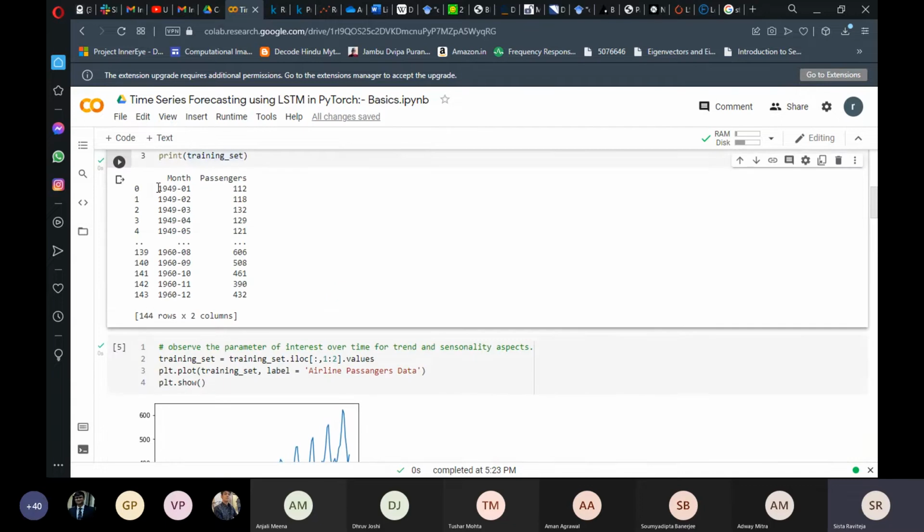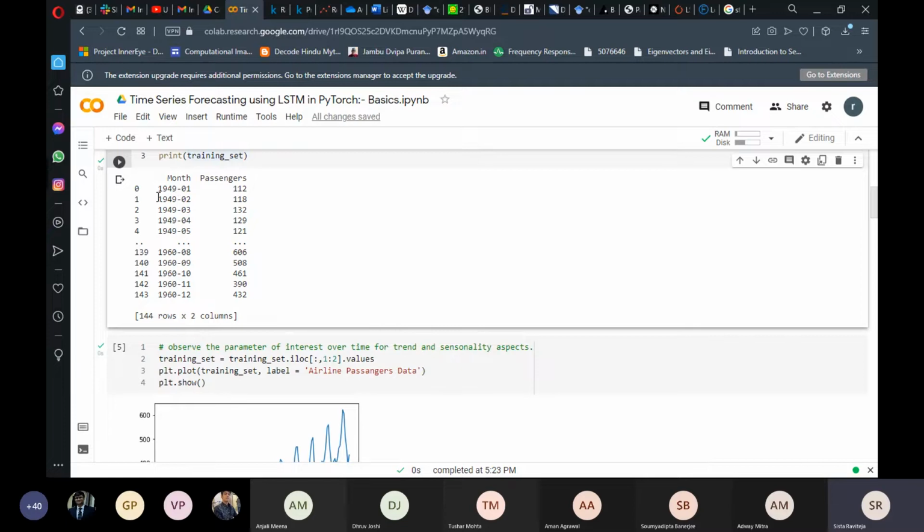First, what we have is the month and the passenger details. For our LSTM model, we'll be considering sequences from the past. Suppose you are taking a sequence length of 4. I'll chunk my data into the first four entries, that is 1949, from the first month to the fourth month, take these as input, and then try to predict the fifth month's passenger count.